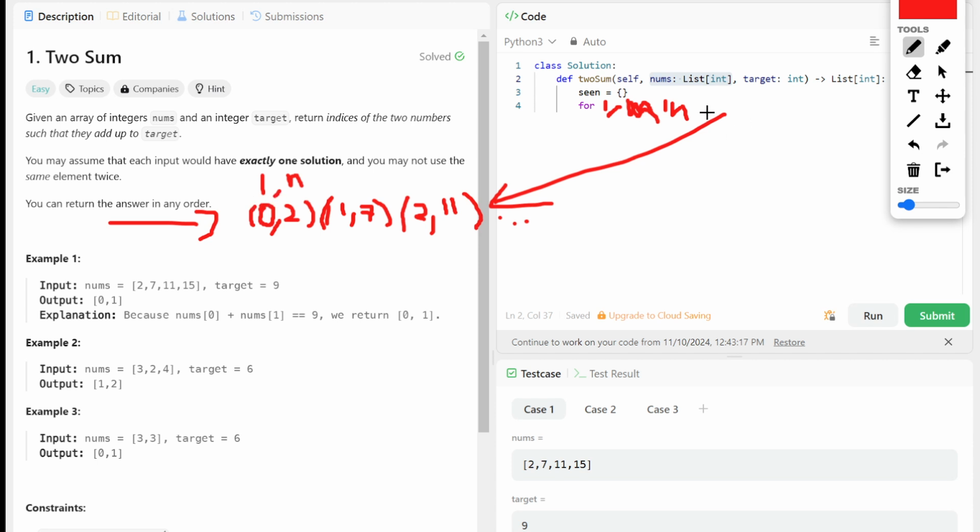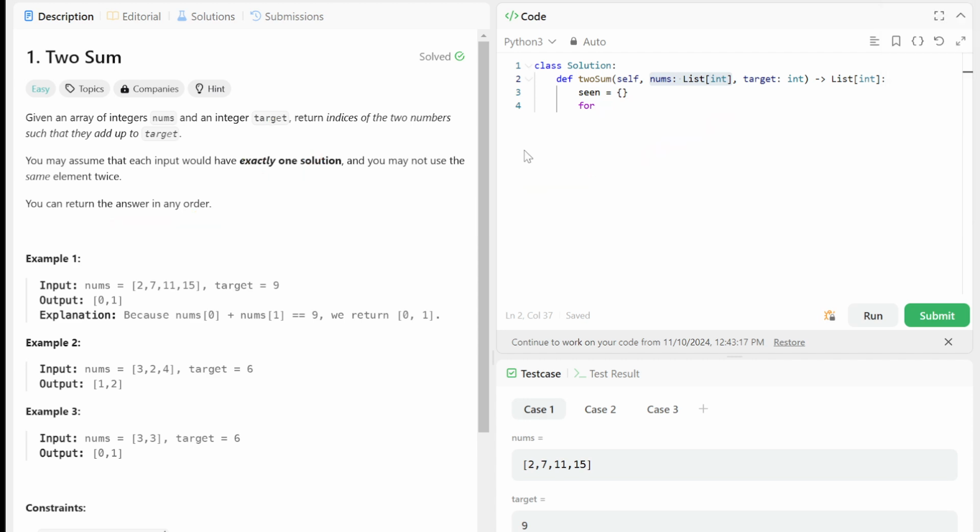So what we're doing is enumerating the list, and when we're finding this index and this number, if something is appended here, if something else, give us a result. So then for i, number in enumerate numbers,